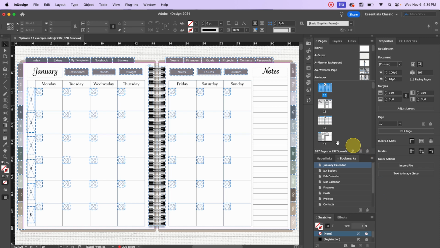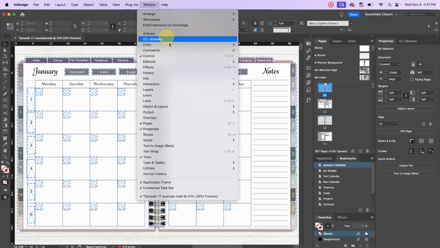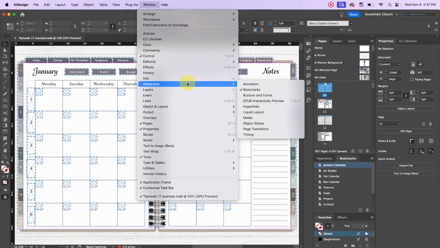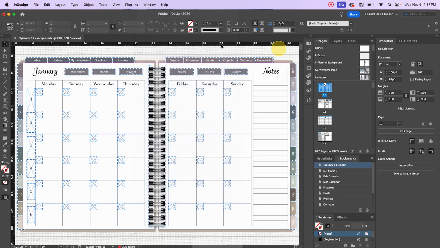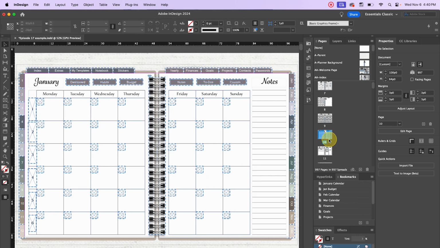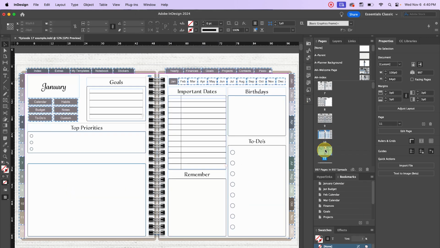Now, if you don't see this here, come up to Window and come down to Interactive, and then click on Bookmarks. And that will bring up a window. It'll probably pop up in the middle. It's fine to leave it there or just drag it over. Okay, so now if I come down to here and let's say I want to add a bookmark to this page, all I'm going to do is make sure I'm selected on that page over here. I'm going to come down to my bookmarks